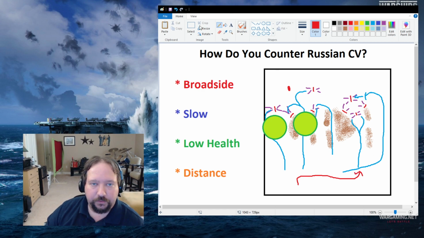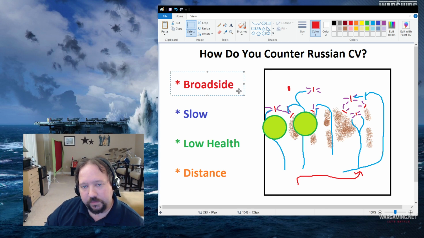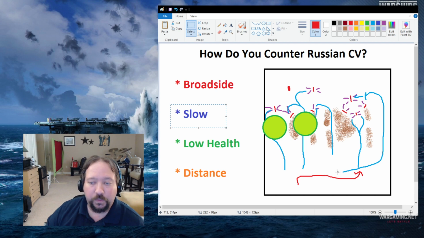So we have to remember, Russian CVs strike at broadside targets. You choose where your broadside is. You can use islands to block the broadside approaches for torpedoes and skip bombs and rockets, although you may get skip bombed over an island or you may take some rocket damage over an island. That's going to depend on how you choose to position. Remember, the planes are slow, which means it takes a really long period of time for them to go all the way around to try to come in on the back end to strike a broadside that's blocked from the